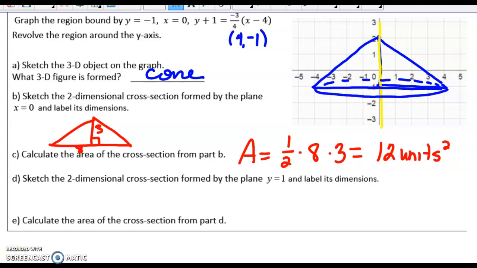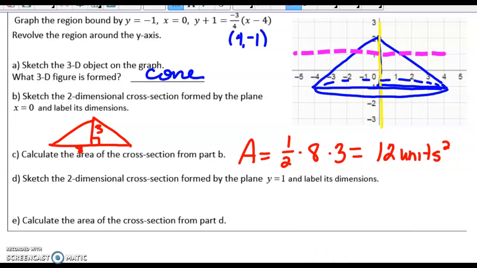Okay, in this bottom part of example number 2, we're going to find the cross section created by the plane y equals 1. That is a horizontal plane going right through y equals 1. And so if you can look at